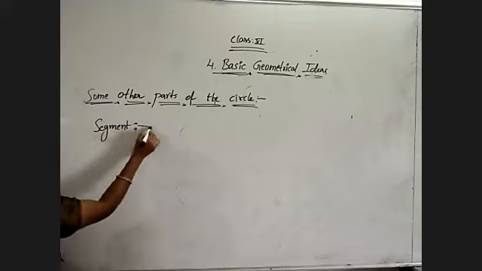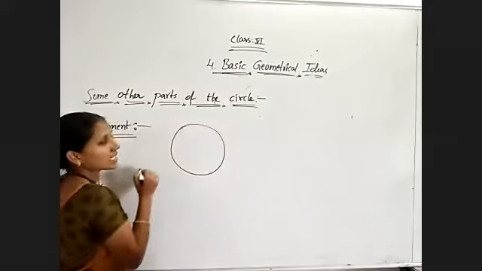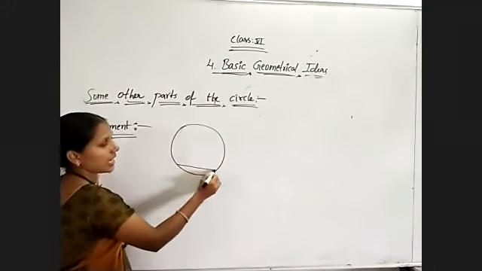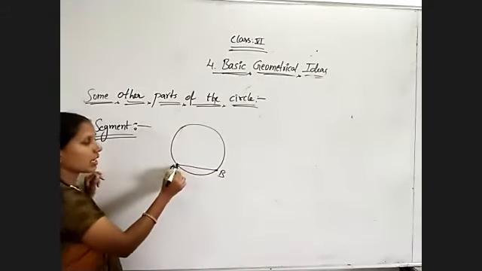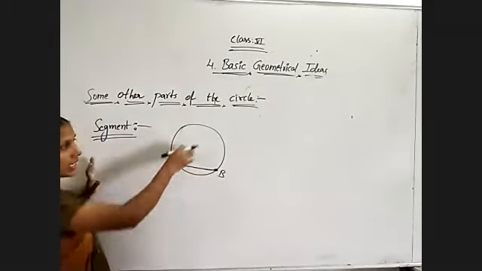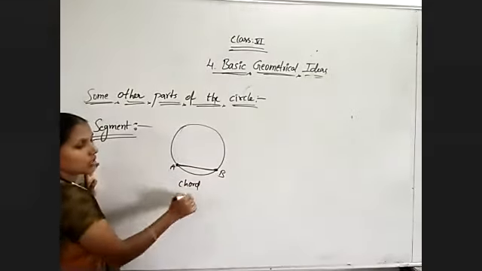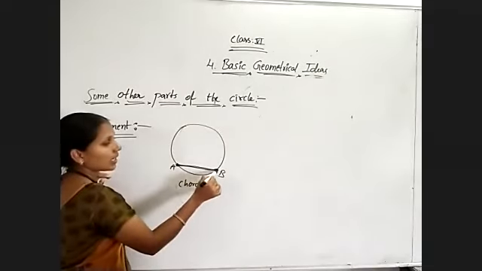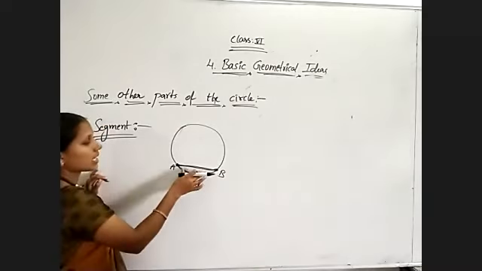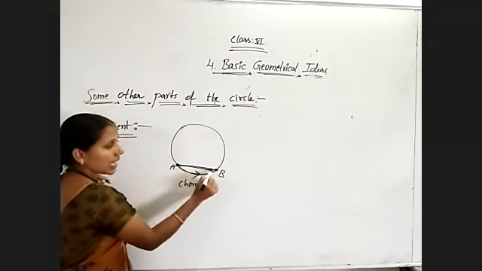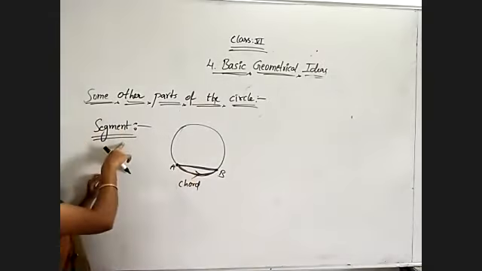Segment. So here, segment is nothing but a line segment. Observe the chord. This is a line segment only, no? AB is actually a line segment, but we are treating it as a chord in the case of a circle. We are calling it a chord. Yes or no? The place is bounded by a line segment and AB is an arc. Yes or no? So the place bounded by a line segment and an arc, otherwise a chord and an arc, is known as a segment.